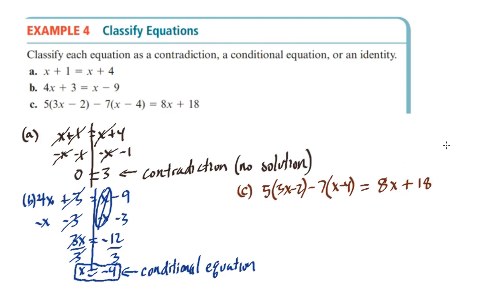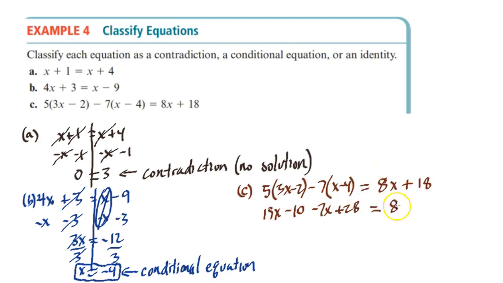So as we can see here, we actually need to simplify both sides. Both sides of the equation are not simplified. As we can see, the right side of the equation is simplified. So really, we just need to work on the left side right now and get it simplified. So we need to use the distributive property, and we'll get 15x, 5 times negative 2 is negative 10, and then we also need to distribute again with negative 7, and then we have negative 7x, and negative 7 times negative 4 is plus 28,